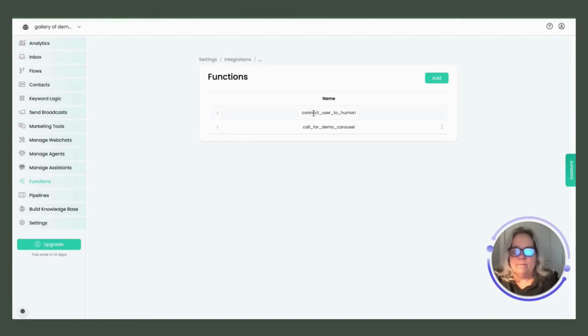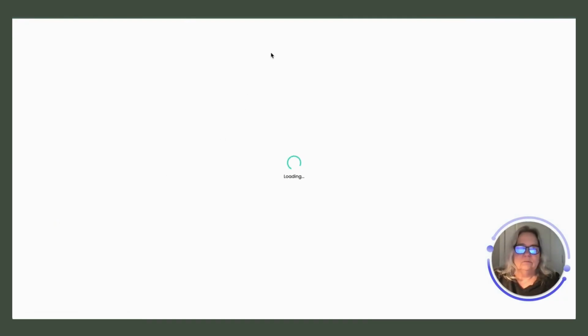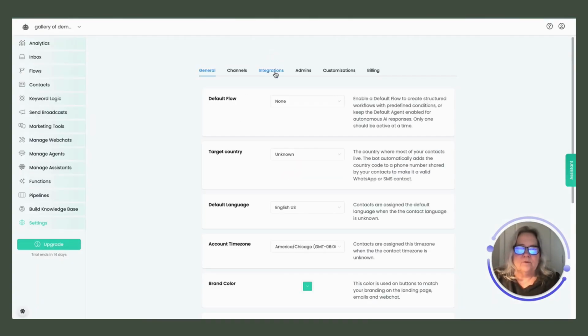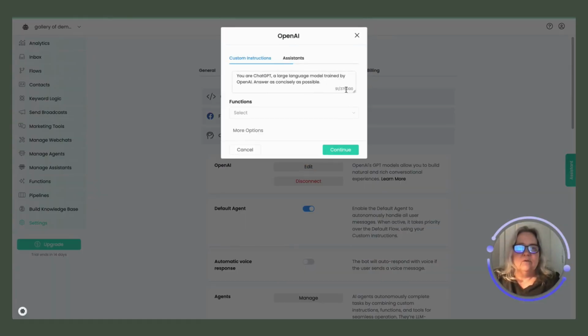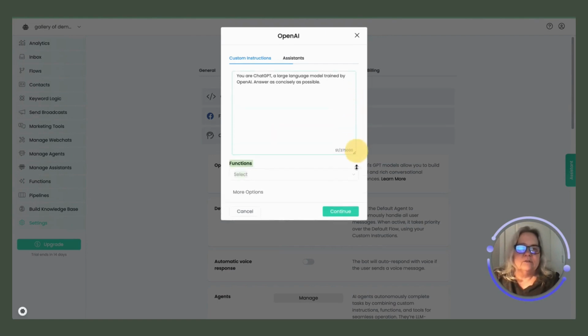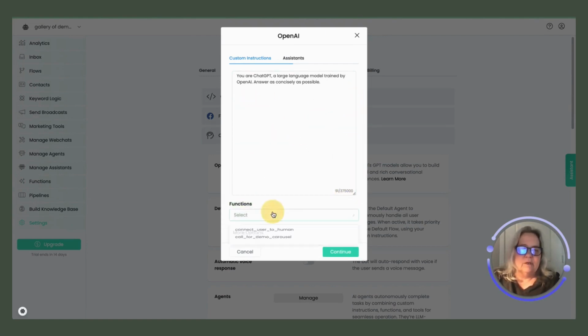Continue. Alright, so now we have our function, but what do we always have to do when we create a function? We have to go add it to the instructions so that the AI knows how to call that function when somebody's interested in a demo. So on this new account, it's going to be on auto. So we're going to go to integrations, OpenAI, and this right here would be the instruction block that this account would be using. So I'd want to come in here and add the function, and I'd want to say,